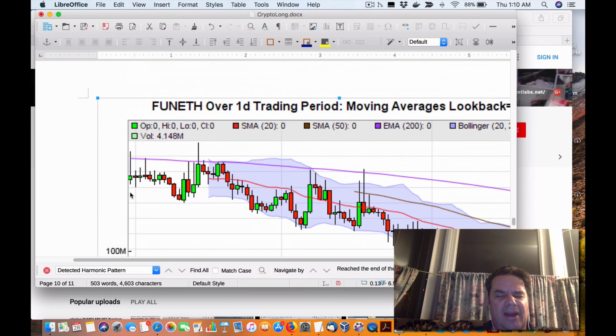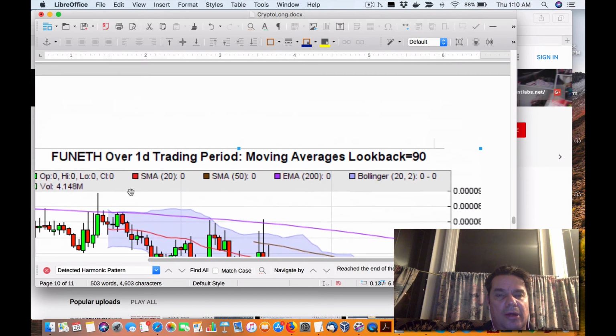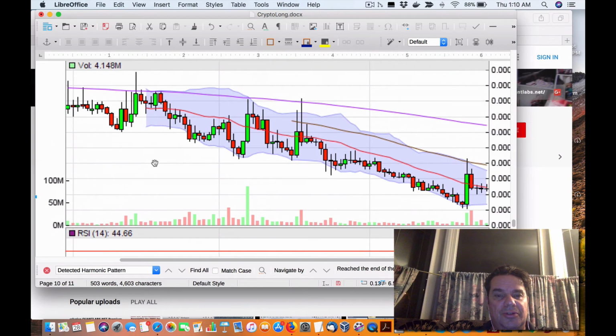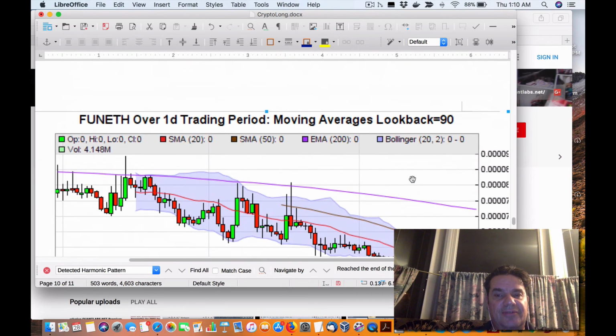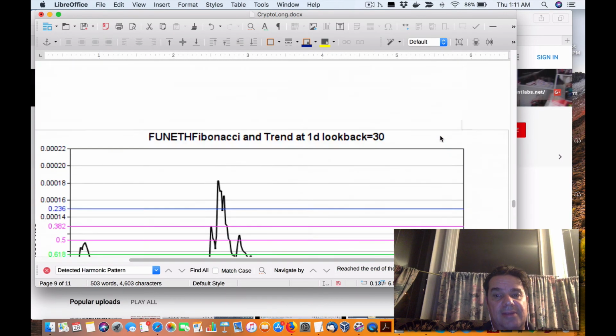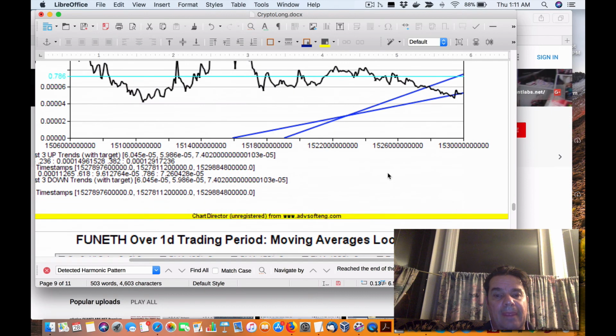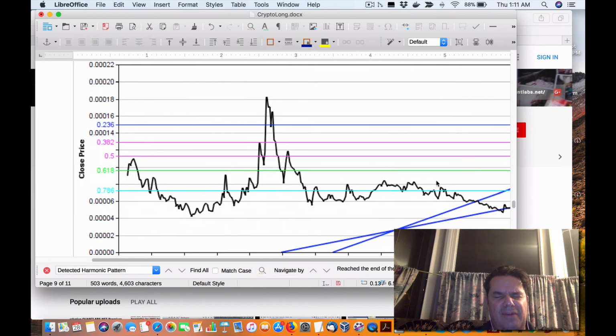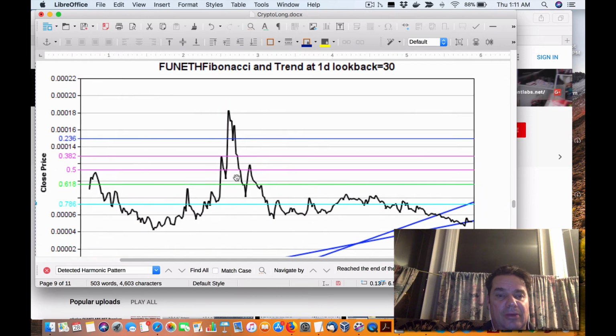So that is what I wanted to show you. The new additions obviously are moving averages using these candlesticks for 90 days, 180 days, 30 days. Also in this one, we've added the Fibonacci levels from the lowest low to the highest high over the last 30 days. I've also